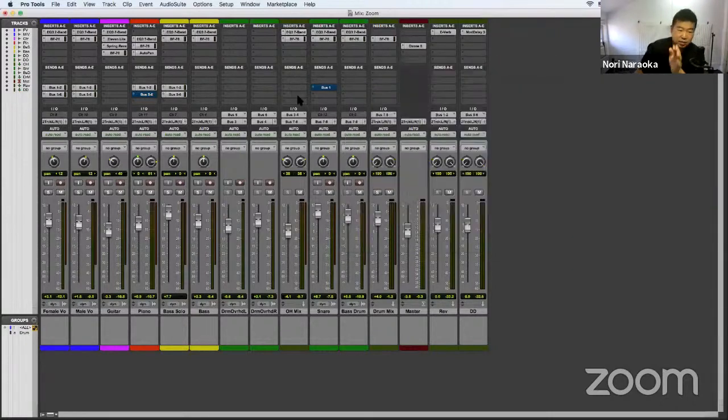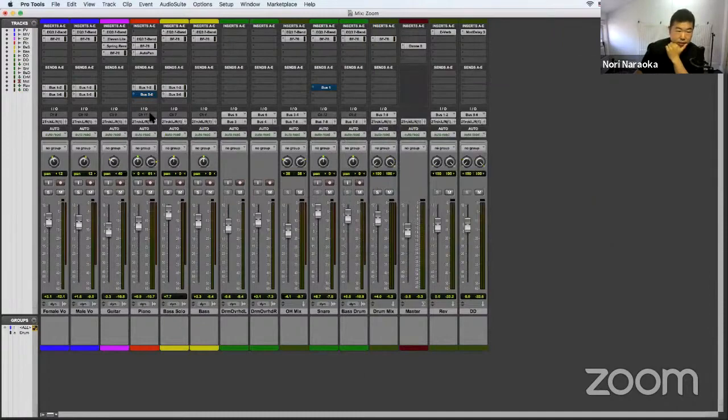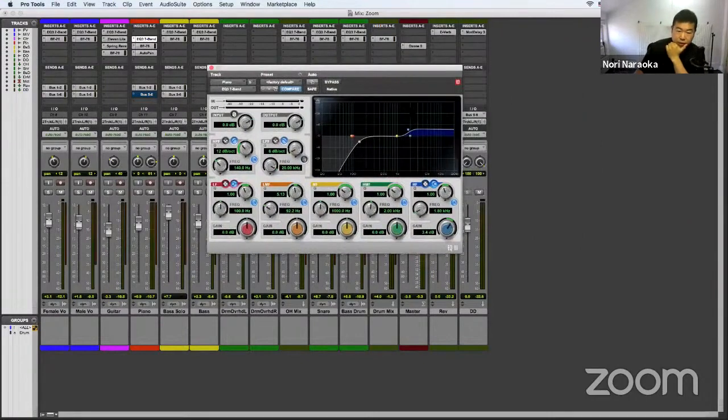So this time, I didn't EQ crazy, but some of the tracks I hear as a little too muddy or too dark. So I boost some of the high. Like this piano. This is a piano track,